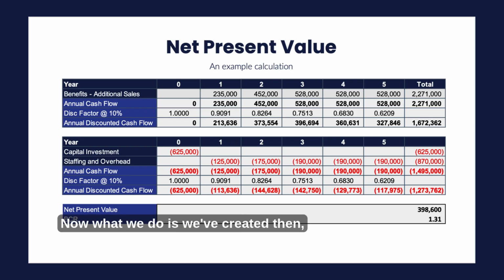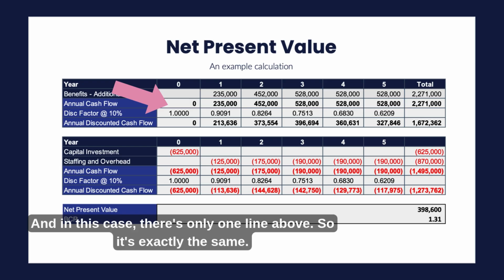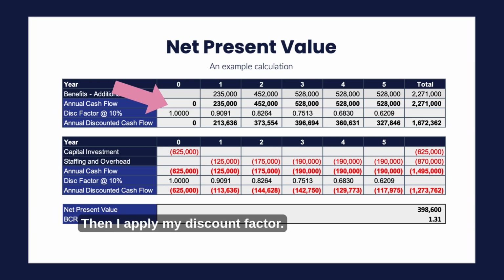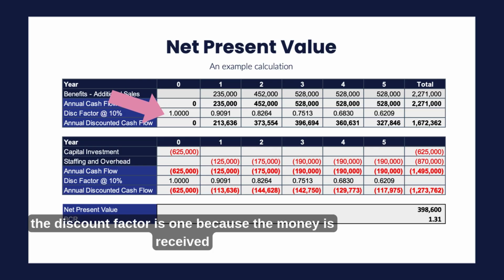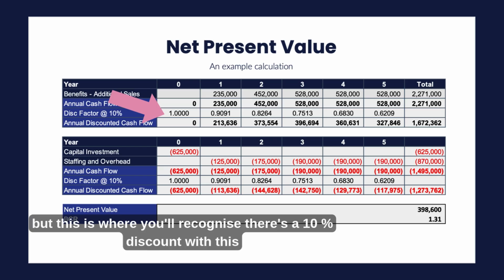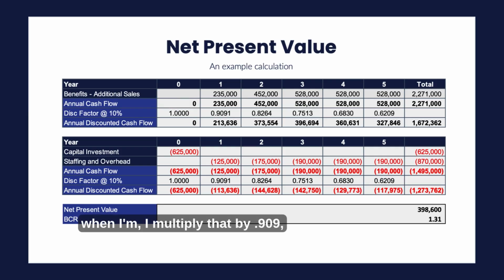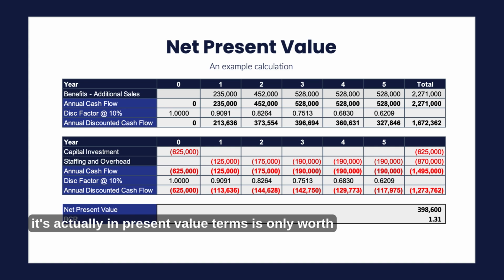Now what we do, if I come down the benefit line, we create an annual cash flow total, which is really just adding all the lines above. And in this case, there's only one line above, so it's exactly the same. Then I apply my discount factor. So here in year 0, the discount factor is 1 because the money is received today. So we're not discounting at all. But this is where you'll recognize there's a 10% discount with this 0.909, sorry. So our $235,000, when I multiply that by 0.909, it's actually in present value terms is only worth